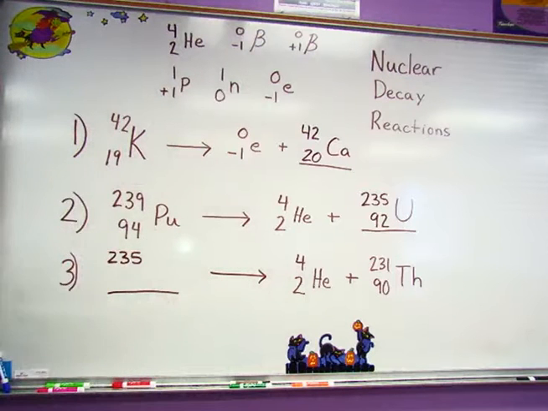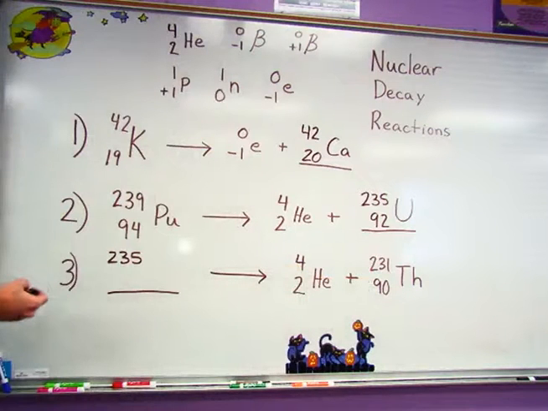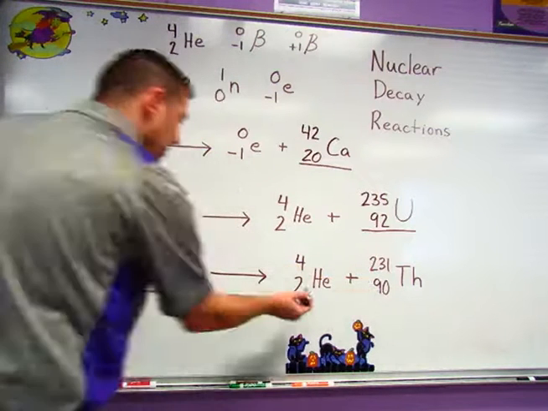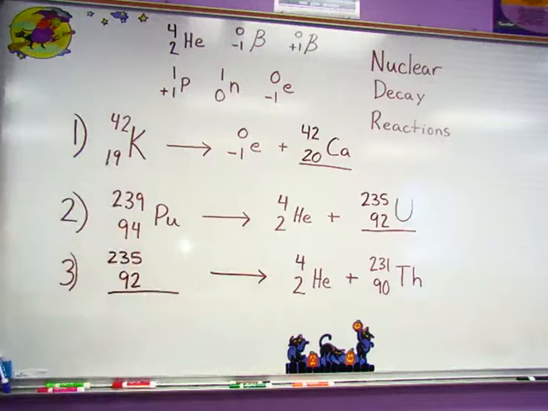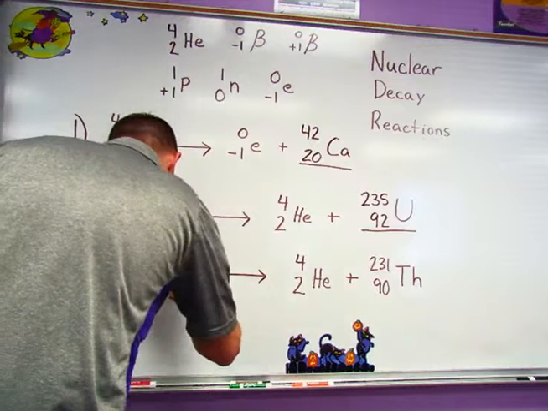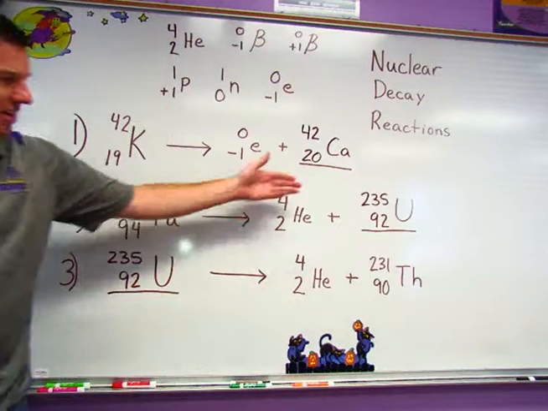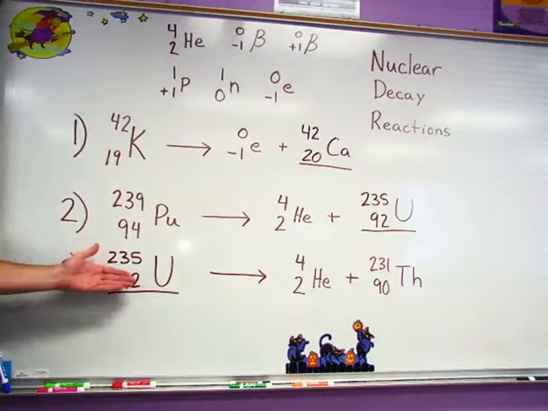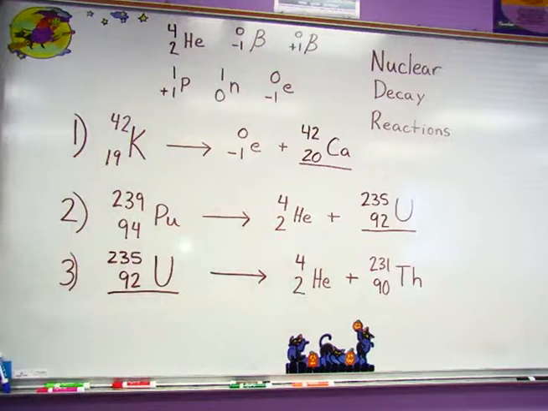Then, look at your atomic number for the alpha particle is 2. The atomic number for thorium is 90. So 90 plus 2 is 92. So then you have an element with a mass of 235 and an atomic number of 92, and that is uranium. So you see here, plutonium alpha decayed into uranium. Uranium can in turn alpha decay into thorium, and it just goes on down the line until it finds its most stable